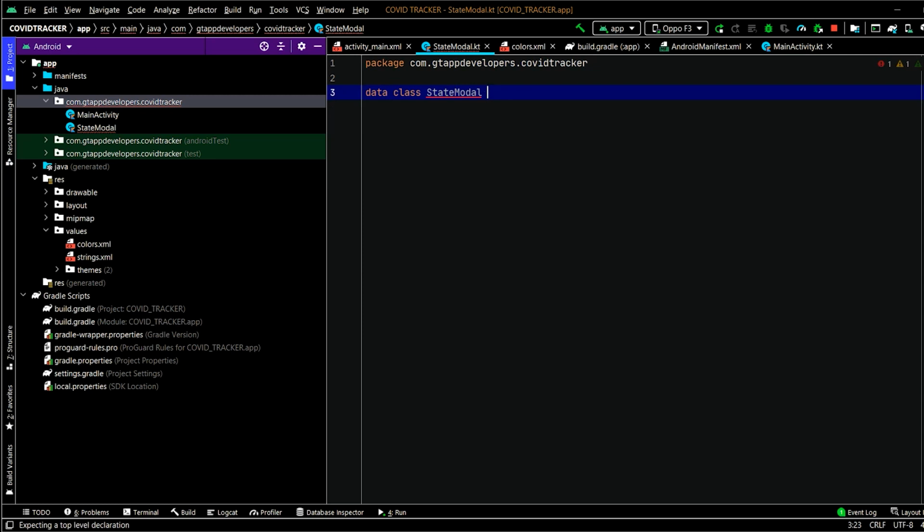So we have to add the circular brackets. Inside this, we have to create the variables. We will be creating 4 variables, one for state, another for the recovered patients, one for the deaths, and one for the number of cases. So the first variable will be for the state, that is the state name, and we will specify the data type as a string. Another variable will be for recovered.